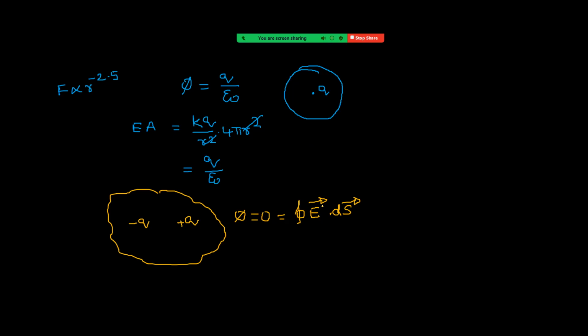But here finding such kind of a surface is not possible. We cannot find a surface where E bar is always same, means modulus value same. That means flux is 0, that we can say, but we cannot get E bar. That's why option B is not correct. Okay. Coming to third option,